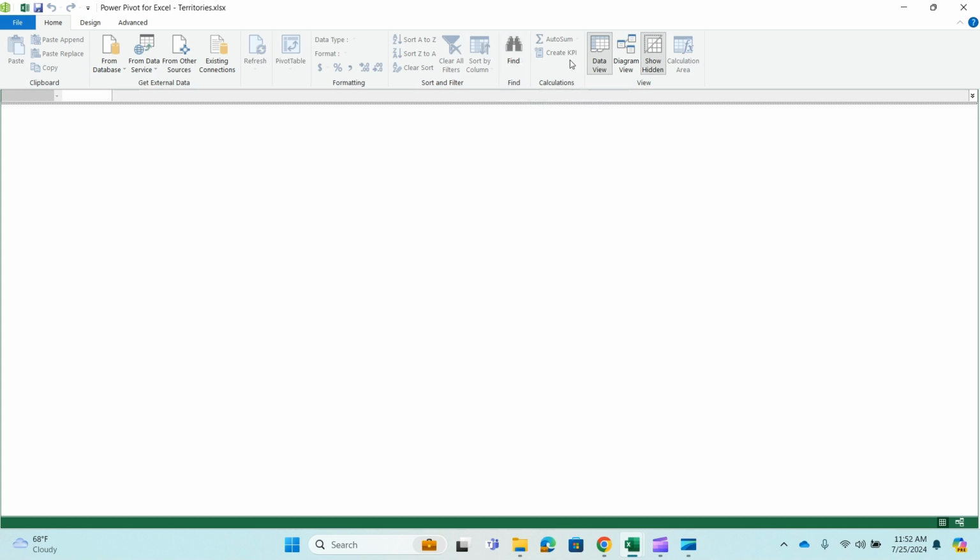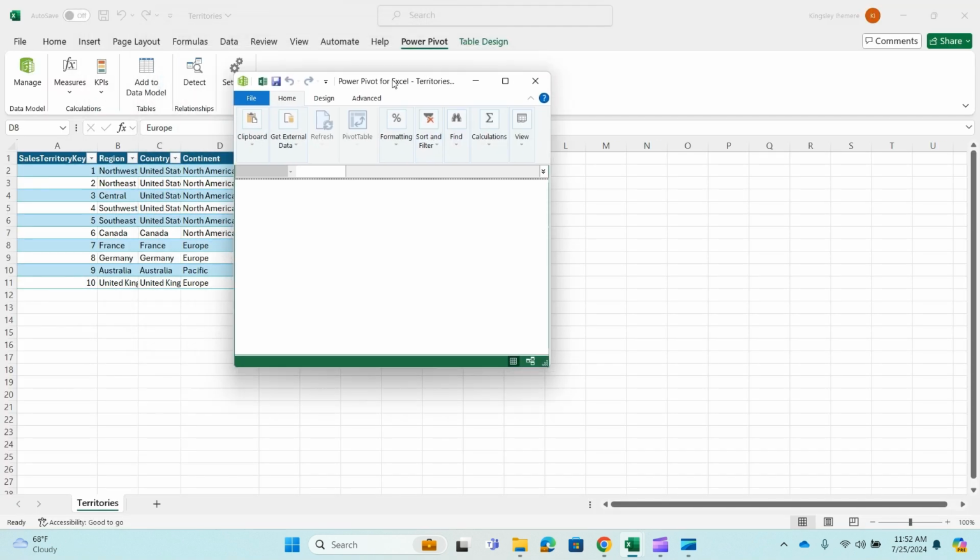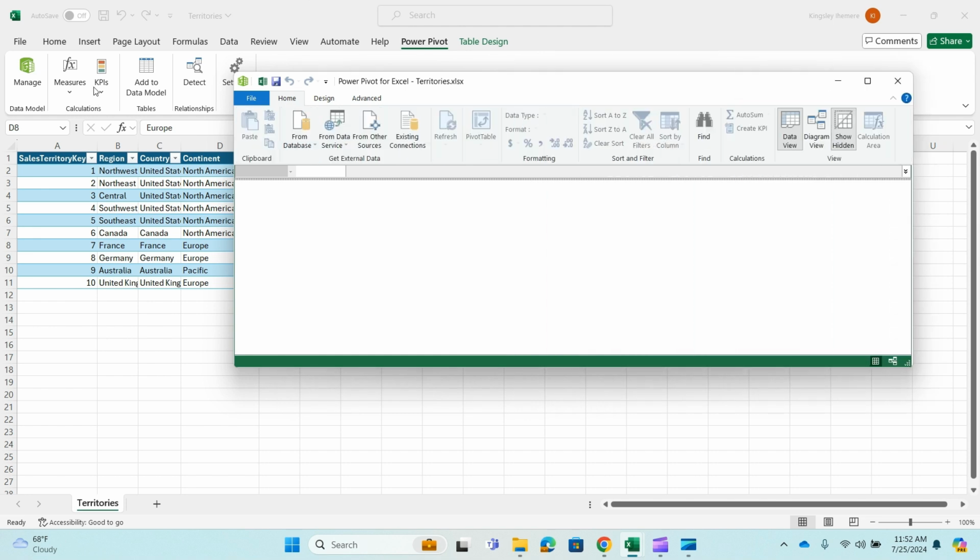We can find, we can also perform auto sum, we can also perform sum and create KPI just like we did here. So measures and KPI. Let me expand this. This measure is the same thing as auto sum here, but this is much more powerful because you will have the power to do much more. This KPI is the same thing as creating KPI here. All right,